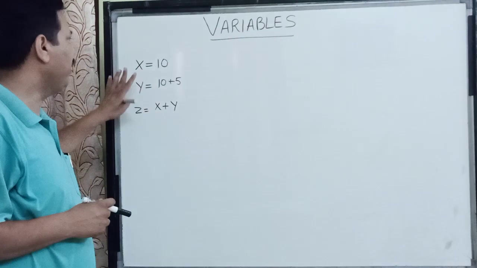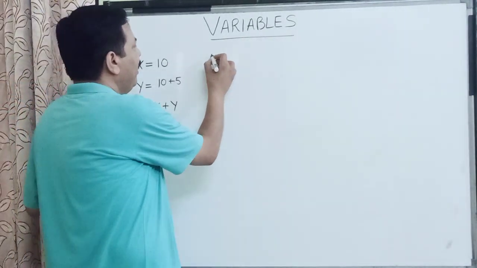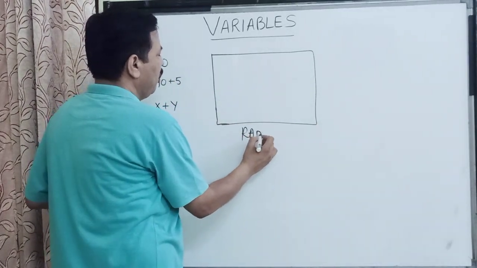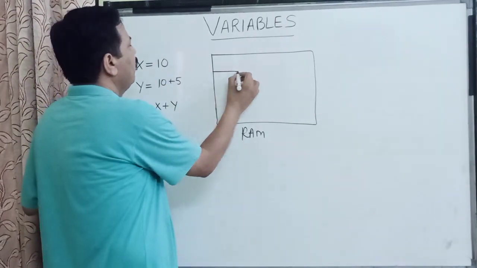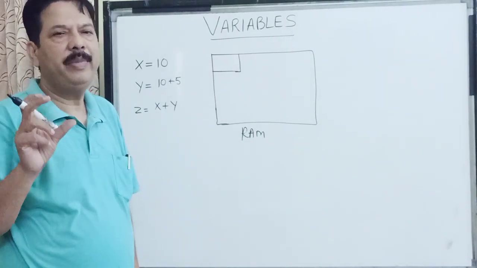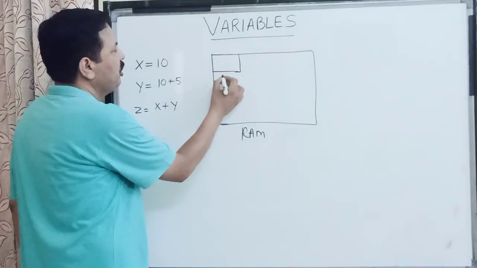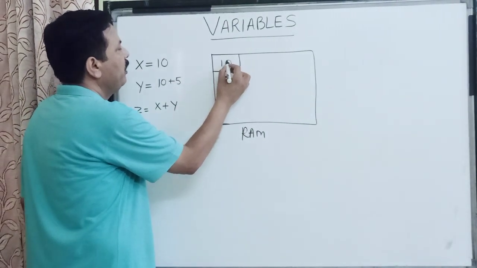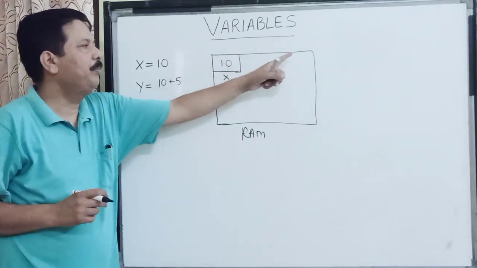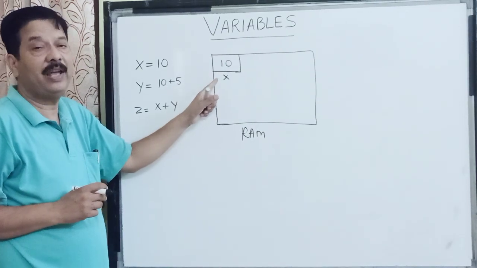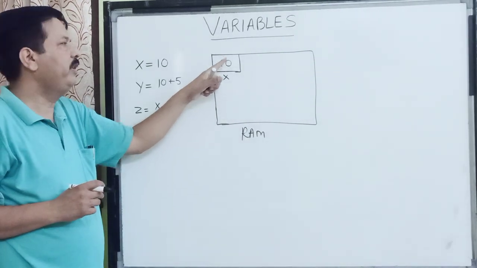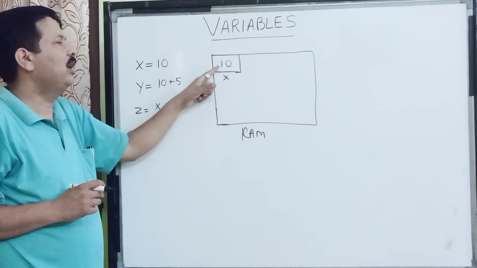Now children, when we talk about these variables, we are working in the memory of the computer, which we call RAM. Say this is a RAM memory which I am talking about. In this memory, when I say x is equal to 10, a small memory location or a small memory cell is made in the memory, and this small location is named x, and this value 10 gets stored in this location. So we can also say that this is the complete memory of the computer and this is a memory cell or a memory location. So we can say that this variable is the address of this memory location inside which a constant is stored.